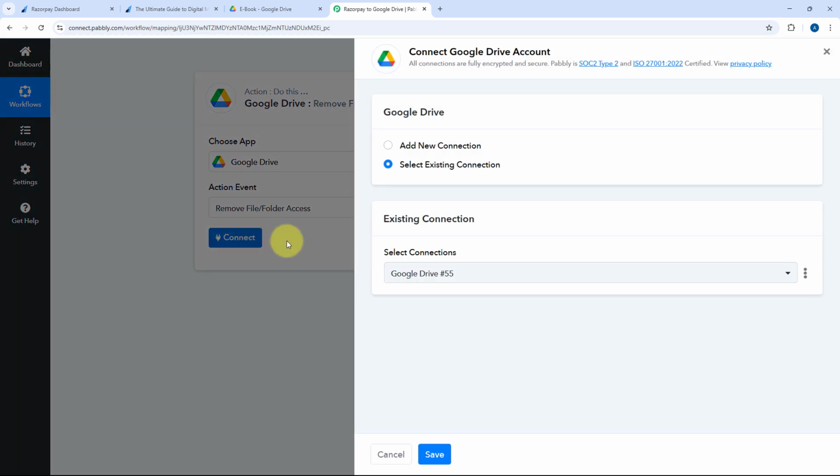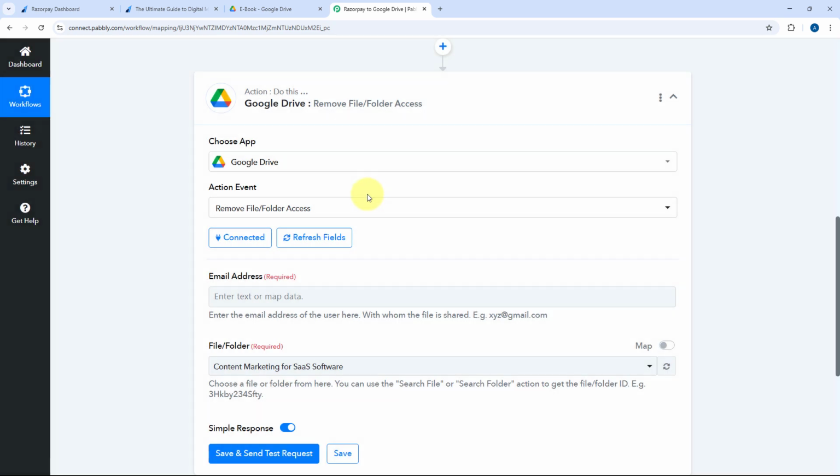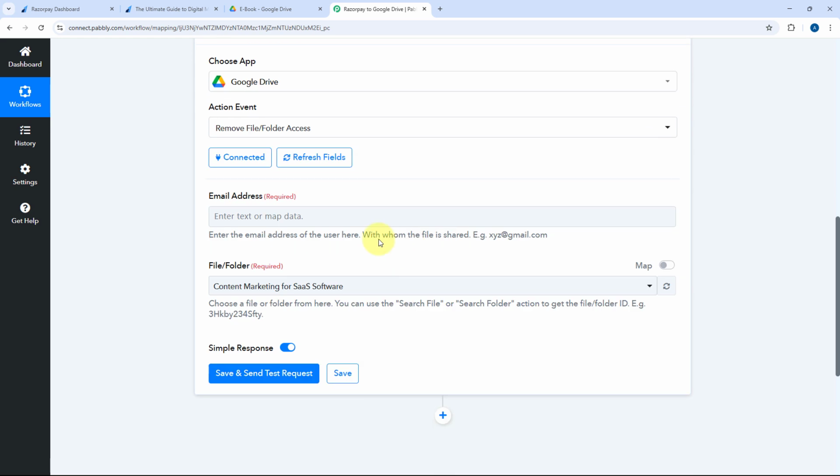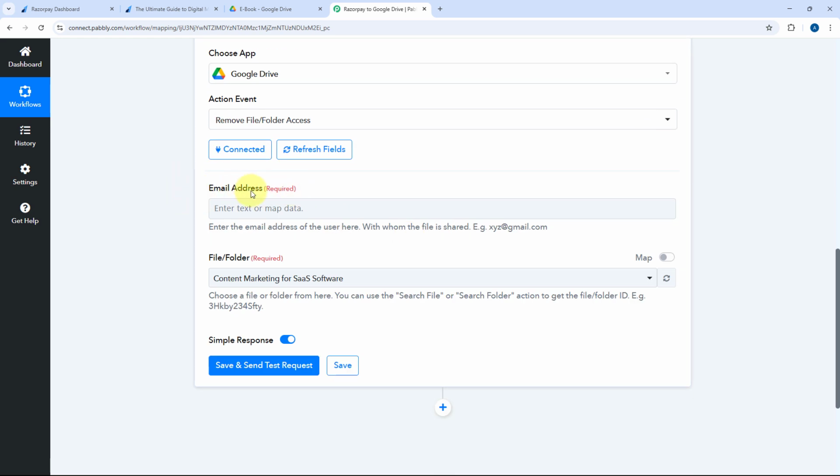Then just click on connect. Because we have connected our Google Drive account with Pabbly Connect in the previous step, we don't have to make a new connection. You can just select the existing connection and click on save. As we click on save, you can see our Google Drive account will get connected with Pabbly Connect. After making the connection, it is asking us for the email address. So here we have to enter the email address of the customer whose access we want